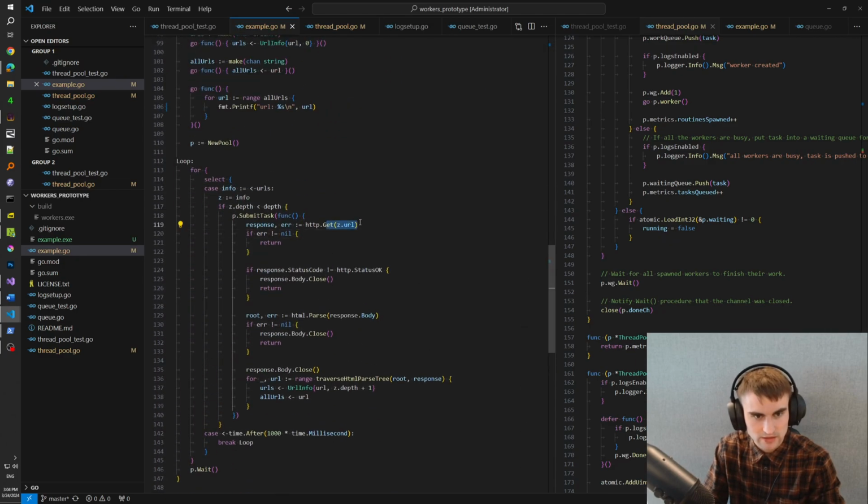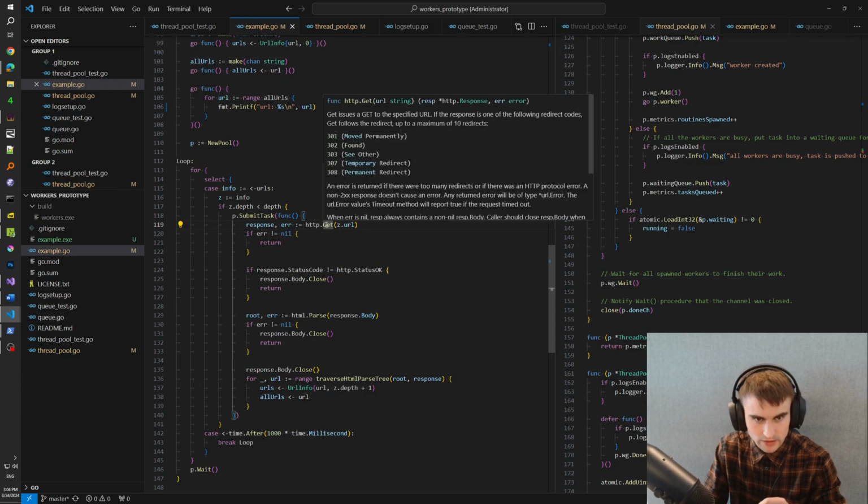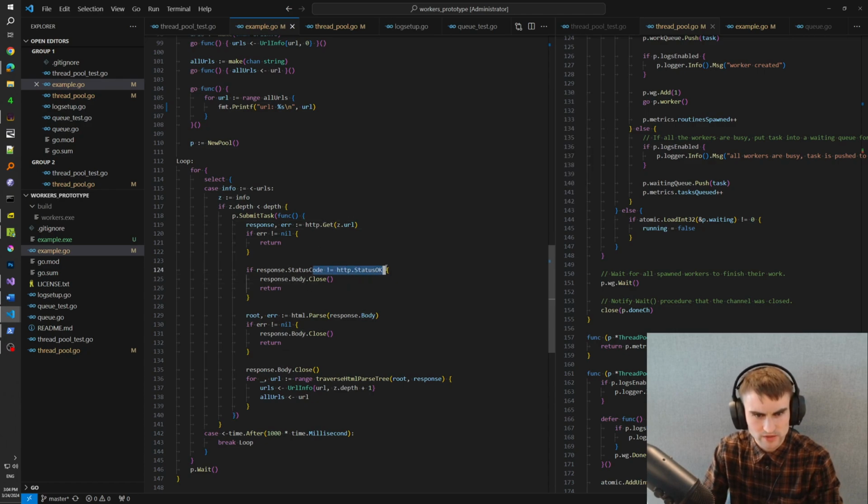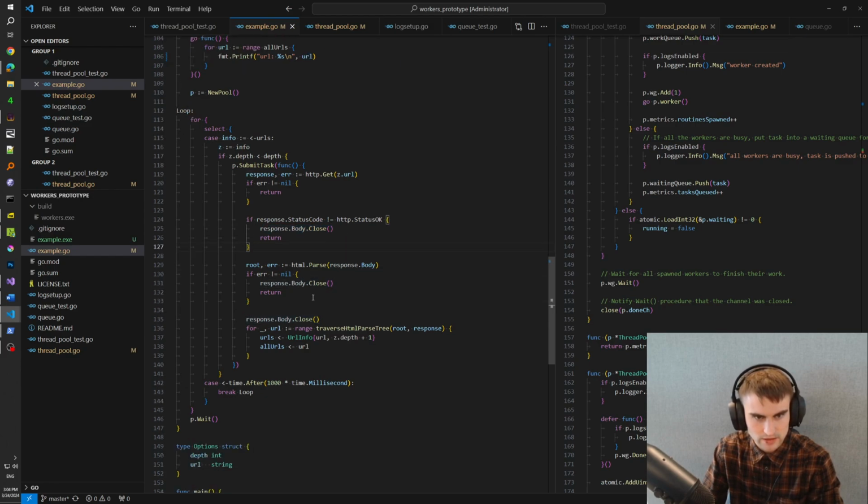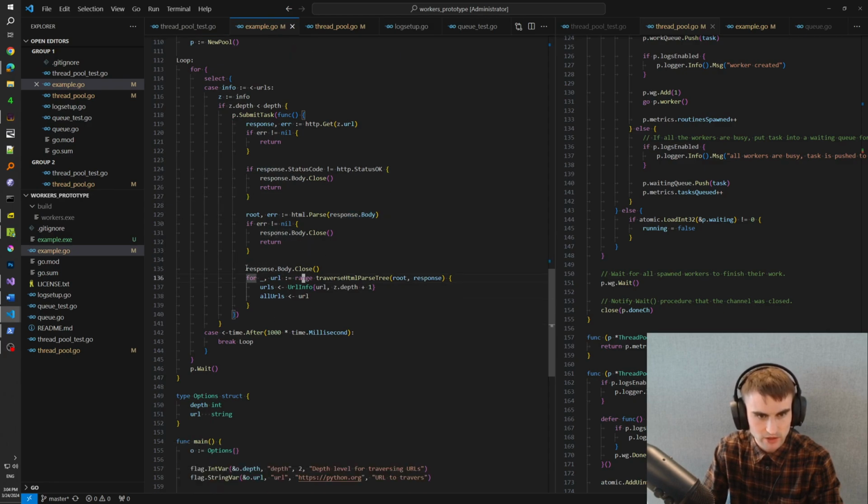So basically we issue a GET method to a specific URL, we get a response back, we parse that response, we check whether the status is okay, we get the body of the response, and we parse the body itself, and we close the body,